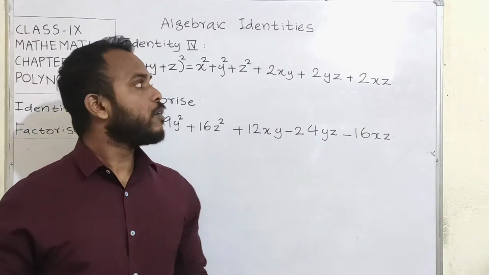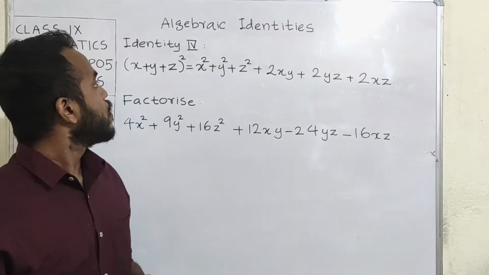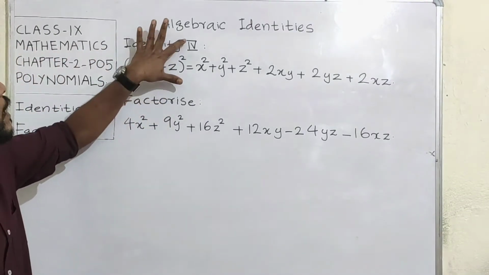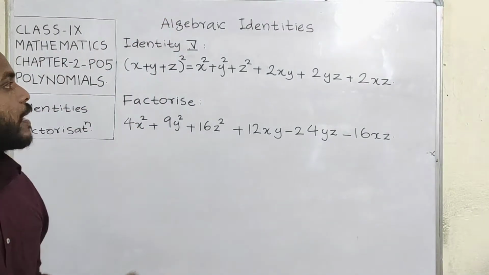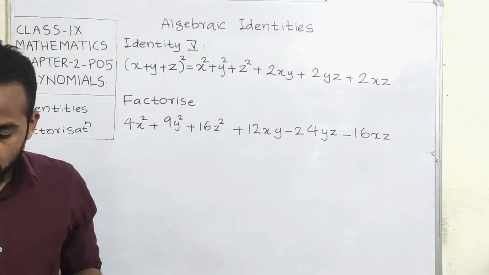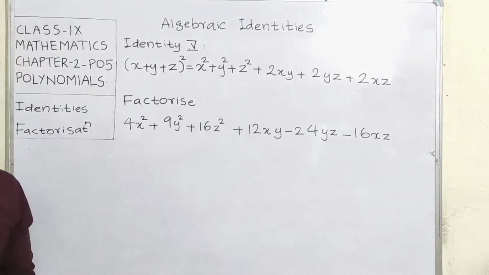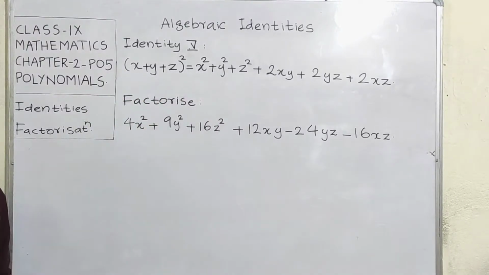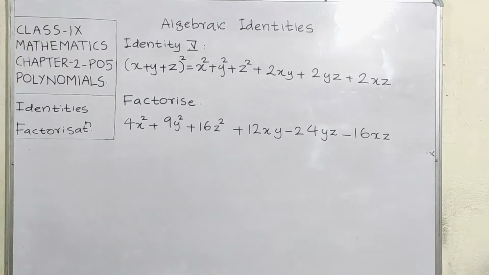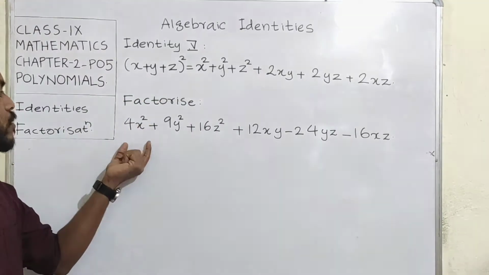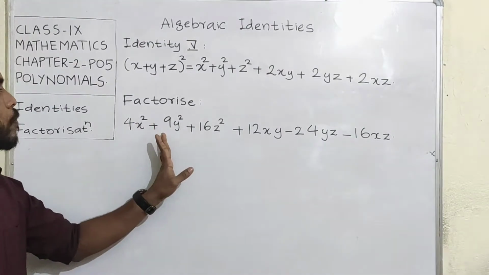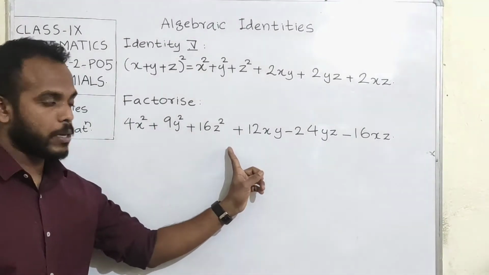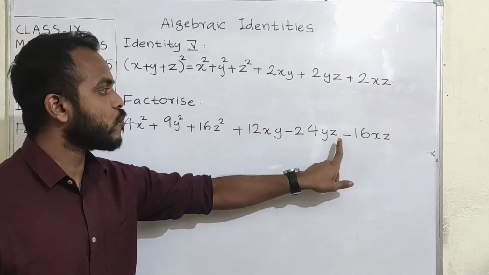We just saw how the fifth identity is helpful for us in expanding the given terms. Now let's see how to factorize using the fifth identity when a question is given to us. Suppose a question is given of this sort: 4x square plus 9y square plus 16z square plus 12xy minus 24yz